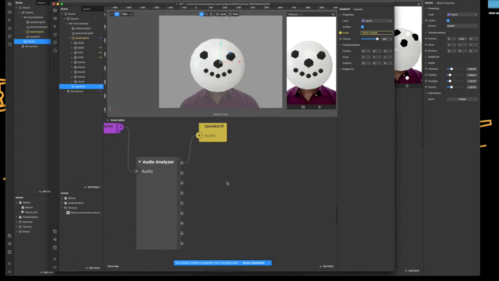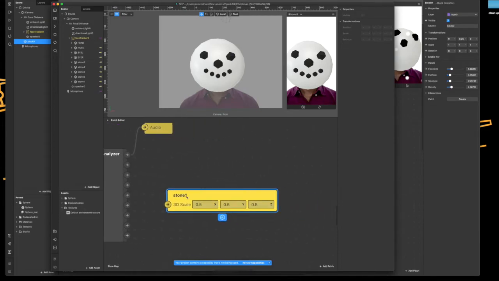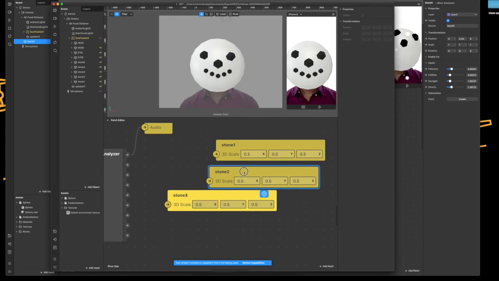Next thing, I now need to get my stone pieces into the patch editor. So I'm going to go on the left hand side, select stone 1, hold shift, and then select stone 5, which will select all of the stones, and then I'm going to tap on the right hand side the arrow next to scale. Right, so that's now added those to the patch editor. Important thing to do is make sure you tap off on the left hand side so these things are not selected. If you do, you might get multiple things getting generated if you do any copying and pasting. So I'm just going to drag these